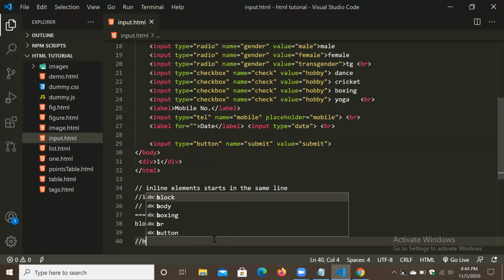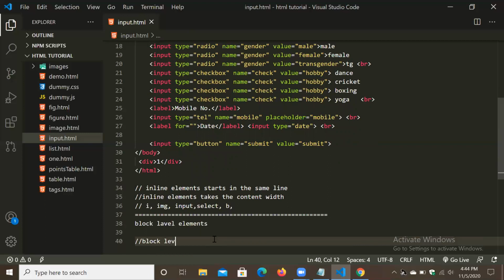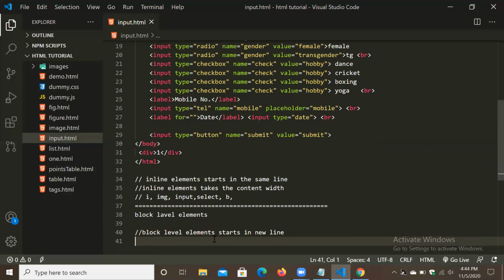Block level elements start in a new line. Means if you take any block level element, it always starts with a new line. And the block level element always takes its parent's width.